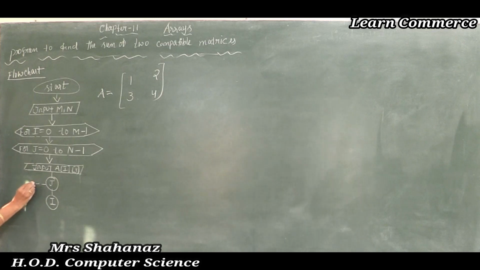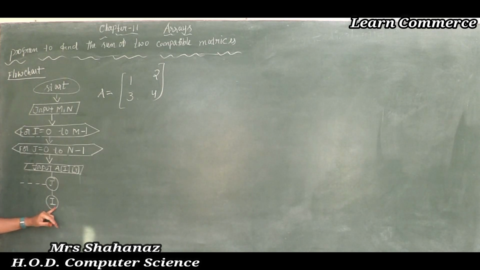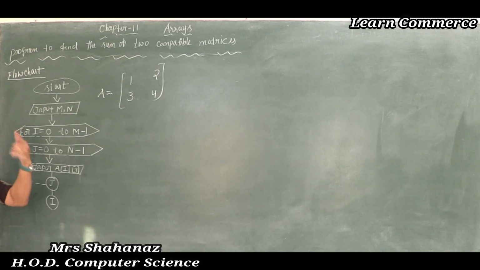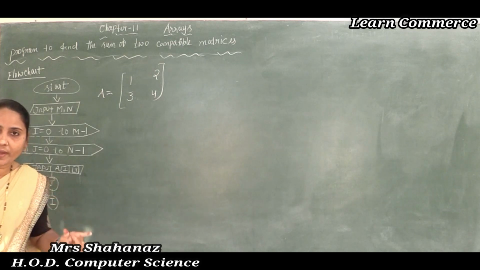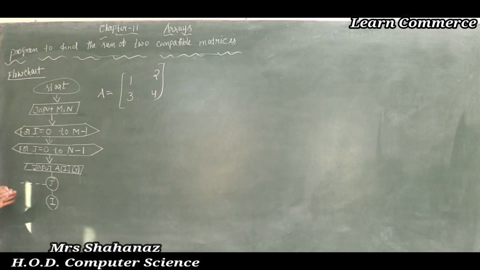So now as we know, first of all you need to make the initialization of the I value, next you need to make the initialization of the j value, and later, till the satisfaction of the condition, the j value is going to make the increment. If the j condition is not going to be satisfied, then at that time we need to stop the j increment and come out of the structure. That means we need to make the increment of the I value.